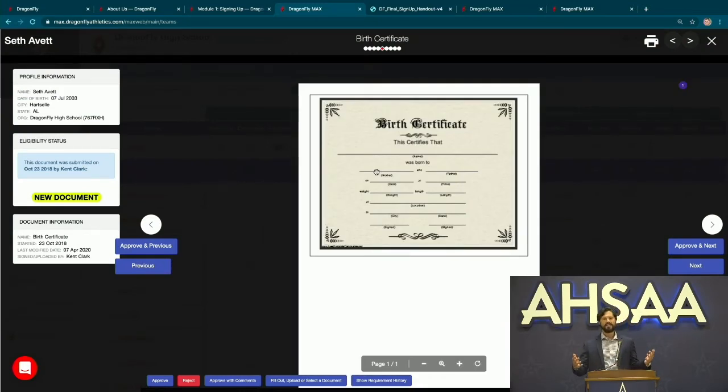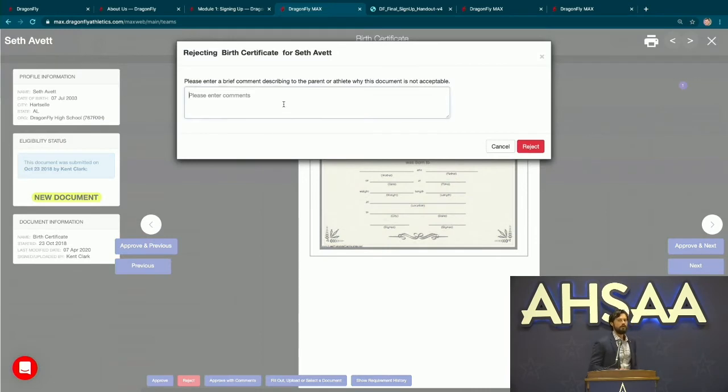So, hey, they did manage to upload a birth certificate here. However, it's a blank birth certificate. So that's not going to suffice. If it comes to eligibility time, if we got an investigation, this is not going to fly with the auditors. So we would come to the bottom of this screen. If you look at the bottom of it, we have the ability to either approve that document, or in this case, we reject it. So very quickly, Clint, if you want to click reject, what this allows you to do